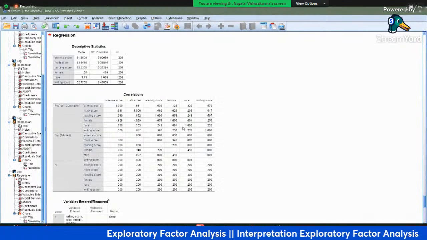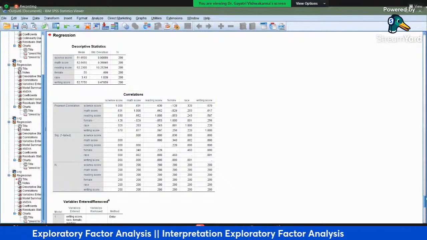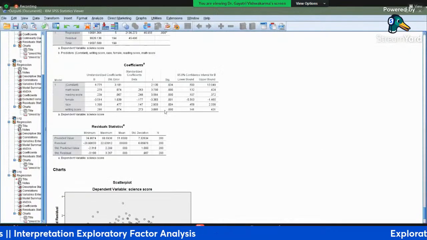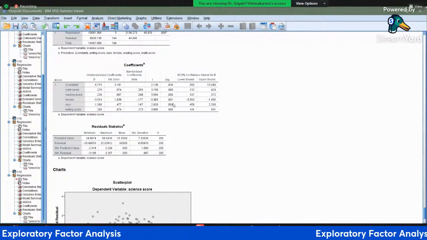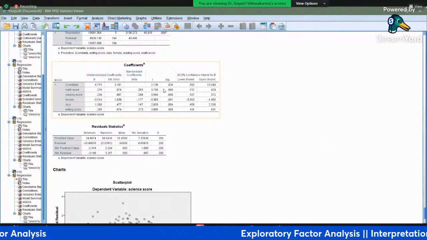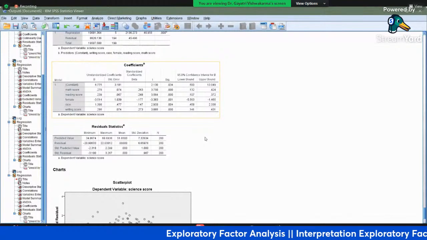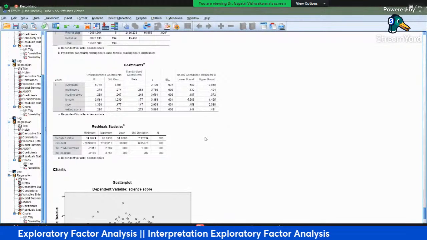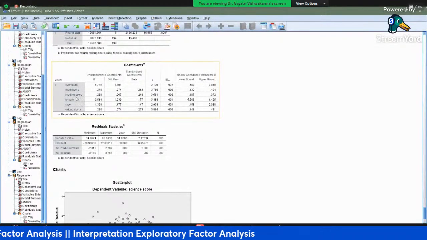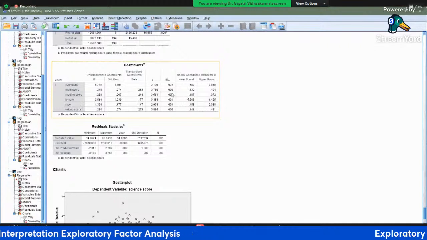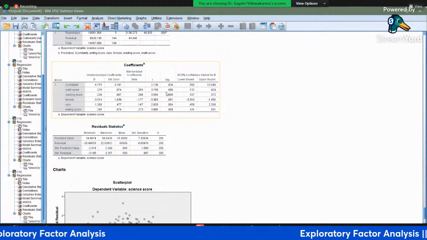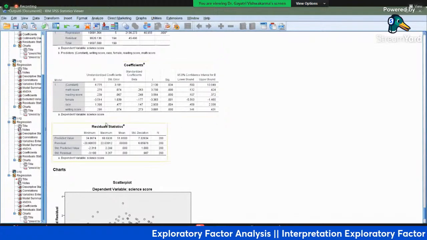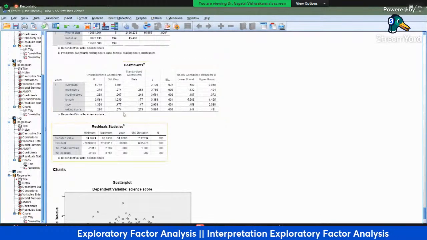And let's see. So we have to go to the coefficient matrix here. Okay. And then you can see the p-value, each and everything is coming significant. So after removing a number of variables, finally we have got 5 variables, which is giving a completely significant model. Okay. Now what is the interpretation of this model? How are you going to interpret this model?